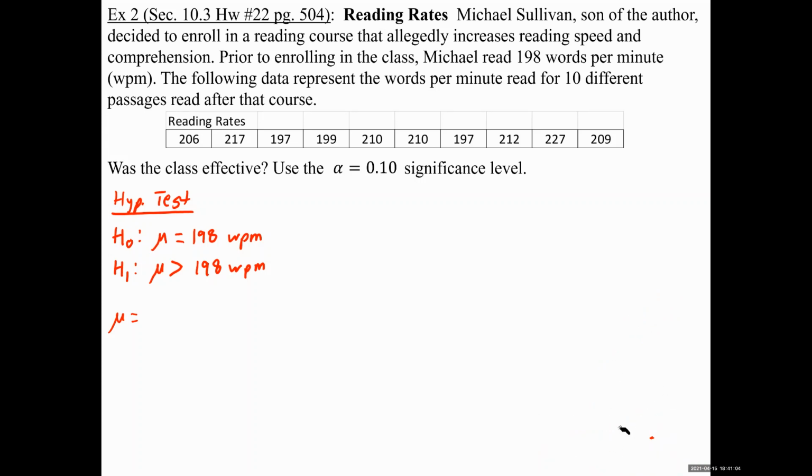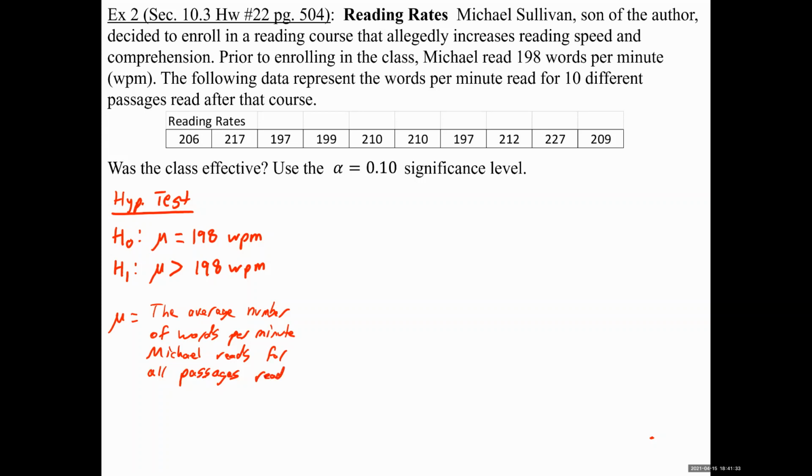So this is the average number of words per minute Michael reads for all passages